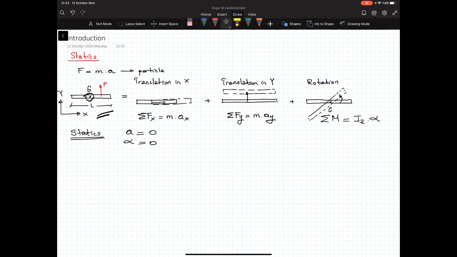The translational acceleration plus the angular acceleration. So this is the static condition that we have. We say that no acceleration. So by using that, we say that for a system to be in static equilibrium,